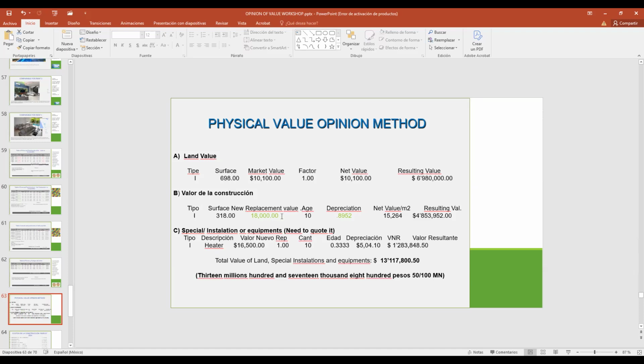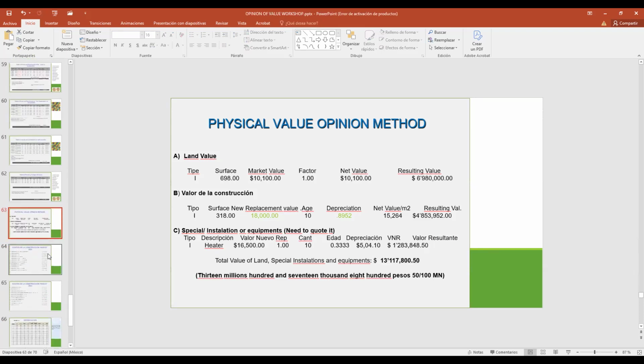This is the new replacement value of the construction, the depreciation, the net value, and the resulting value. And we're going to have the resulting price of the property: the total value of the land, special installation and equipment, 13 million 117,800 pesos. This is the value of our property from the physical method.